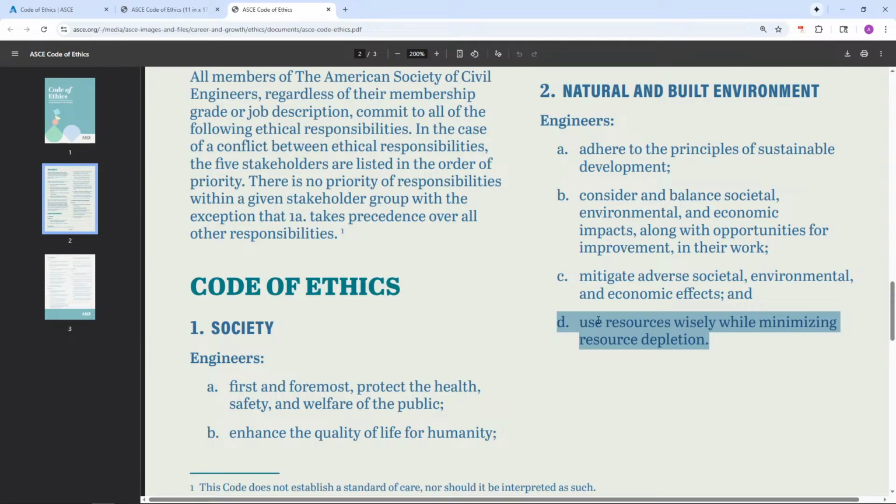This means that you are wasting resources. You are wasting natural resources with respect to car manufacturing and, most importantly, with respect to energy and fossil fuel, climate impacts, and air quality impacts, and so on and so forth. So if I was an urban planner, my biggest challenge here would be to use resources wisely while minimizing resource depletion. I know that I'm not using resources wisely,